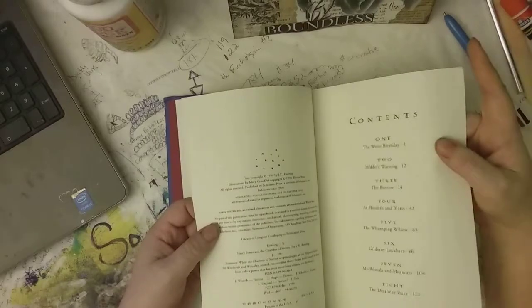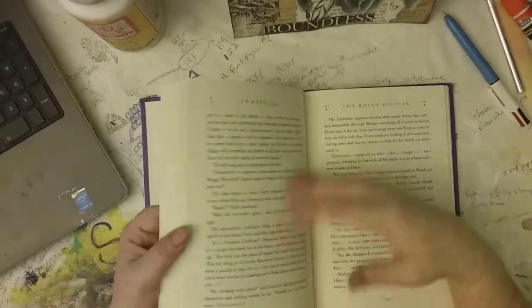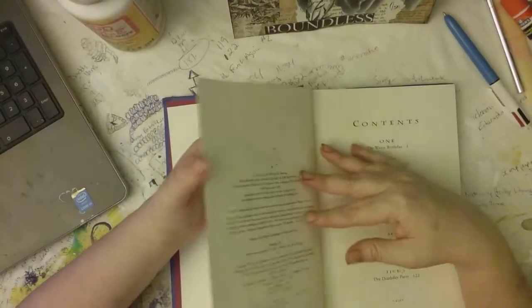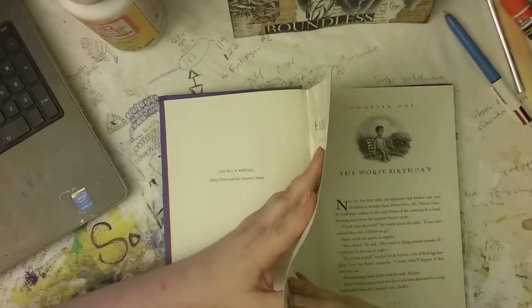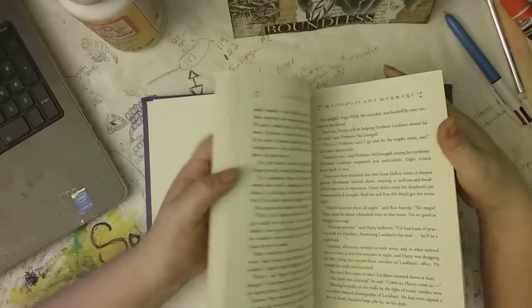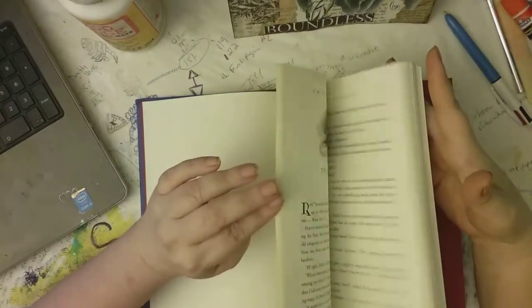These hardback pages from the Harry Potter books, the Scholastic versions, actually take tea dyeing really well. So I think they'll be sturdy enough to work on some mixed media, but I'm probably going to glue at least 2, if not 3 pages together. Probably 3. So I don't think I need to pull out that much more, because once I start gluing 3 pages together,